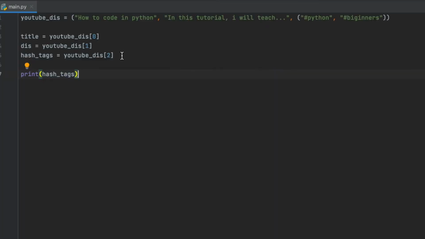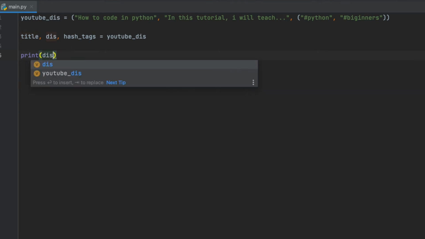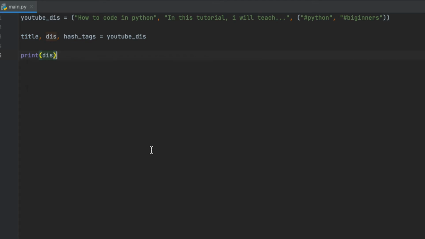So let's say that I wanted to use the method unpacking. So I can name all my variables in one line and assign them. And I can just say title, description, as well as the hashtags here. And I can say that is just equal to YouTube description. Okay, so if I hit run, you can see that my hashtag still works. Title should still work. It does. And then finally, we will try description, which still works. Okay, so what this is doing is that it will look at this position, which is at index 0.